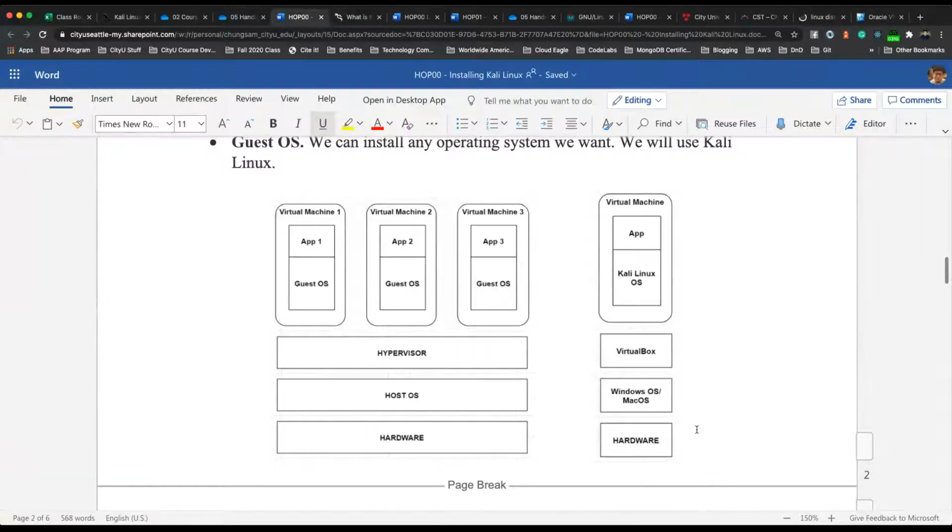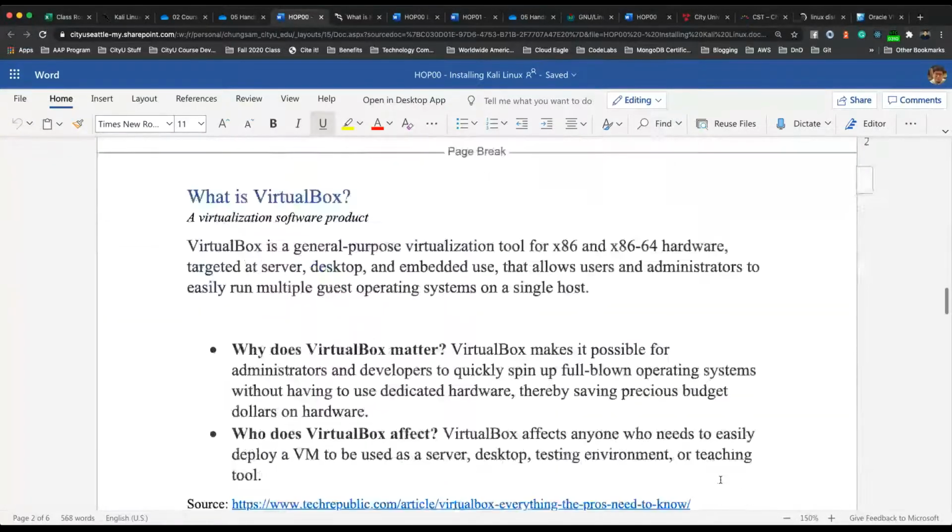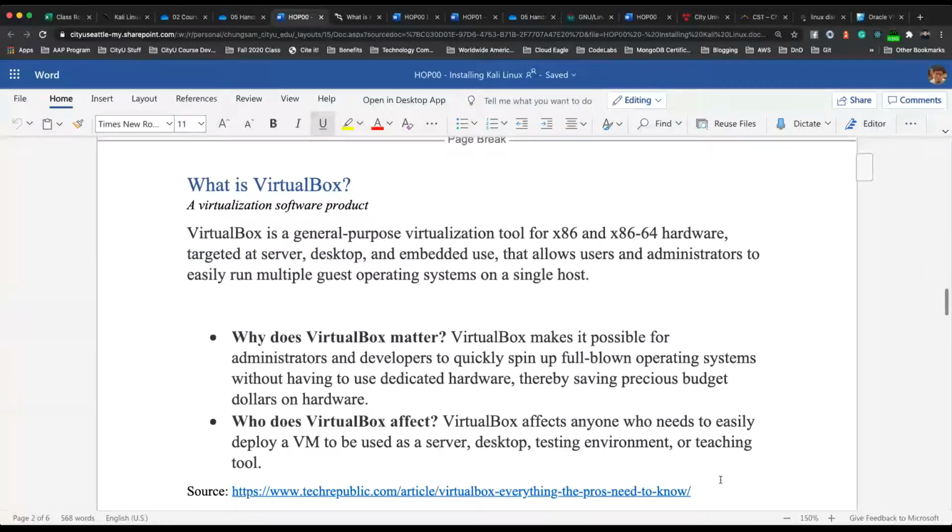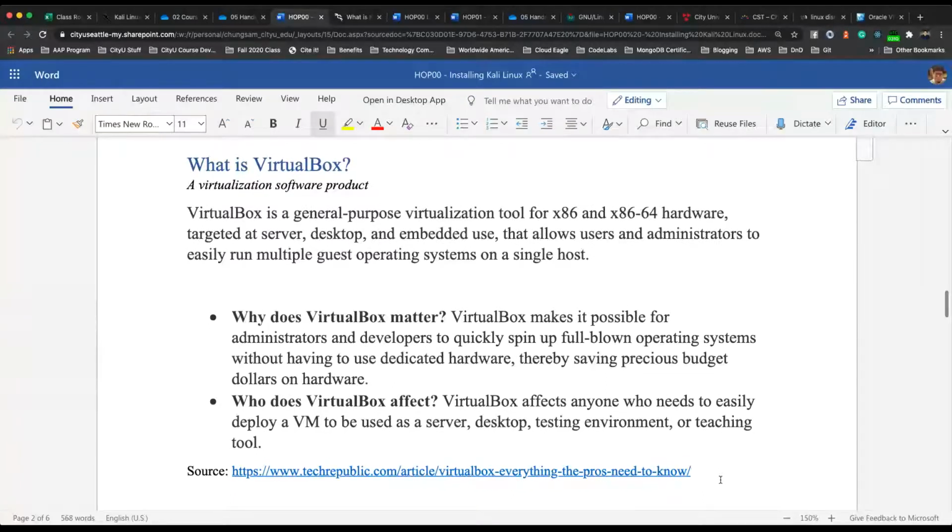If you look at the right-hand side, we have the hardware. Let's say you have your Windows or Mac OS, and then you put VirtualBox, which is the hypervisor, and now you can install Kali Linux. So two steps: install VirtualBox, and then install Kali Linux. So what is VirtualBox?